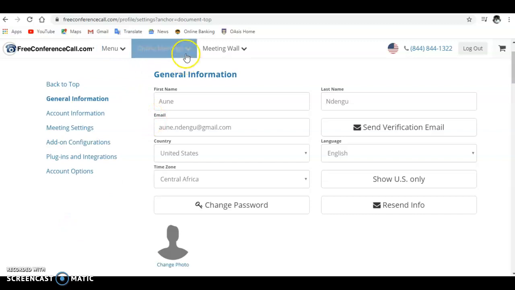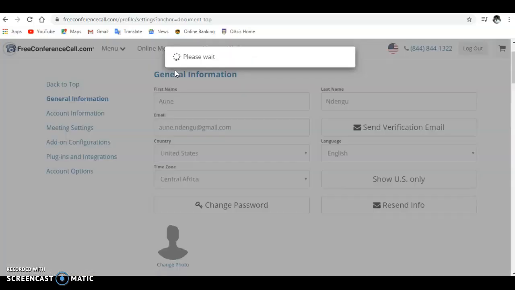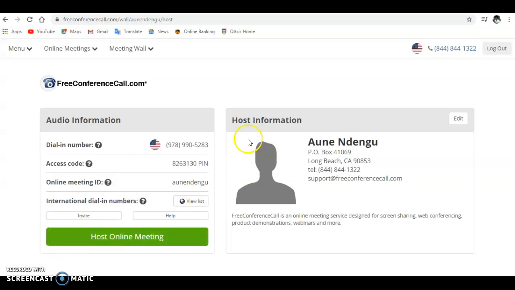And we go on top here, online meeting, and we can click on host meeting because we want to do that. We don't have any link to join a meeting yet. Alright, you see my information. So interesting, they put this. It's not really my address, but I presume I can change it. Okay, click on host online meeting,